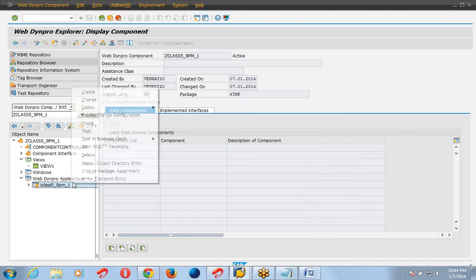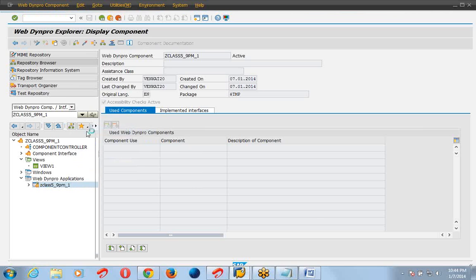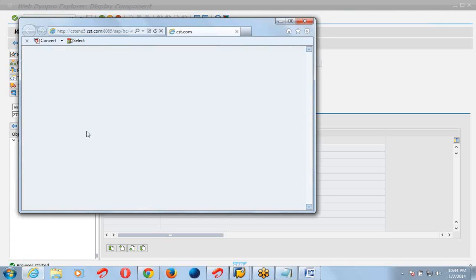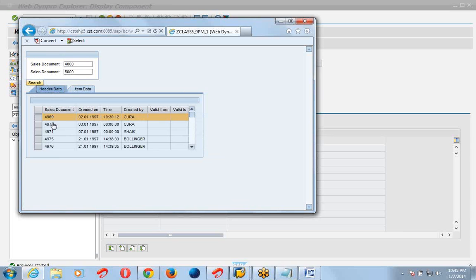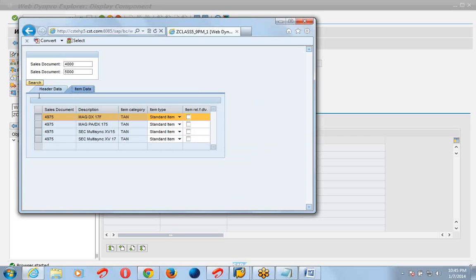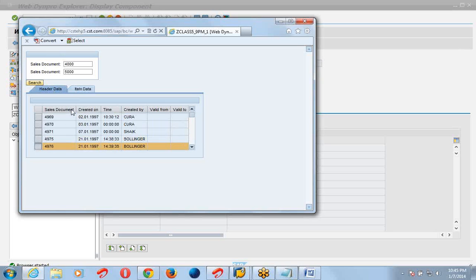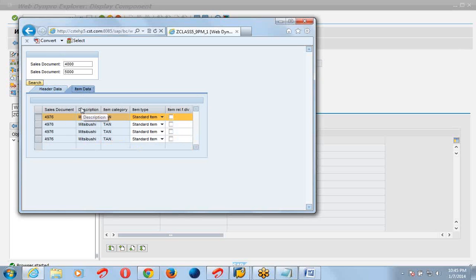Here you can see the data on the selected. You can see the item data.